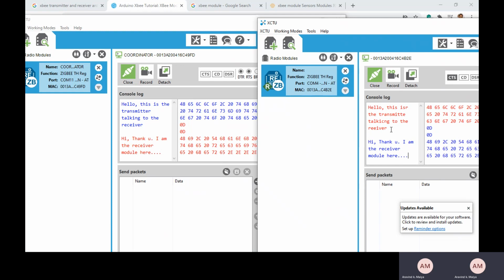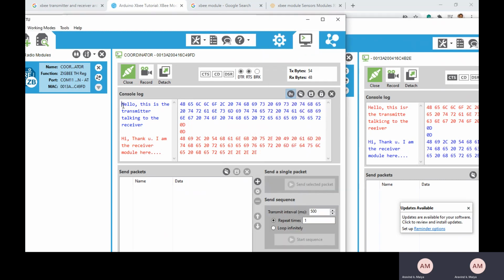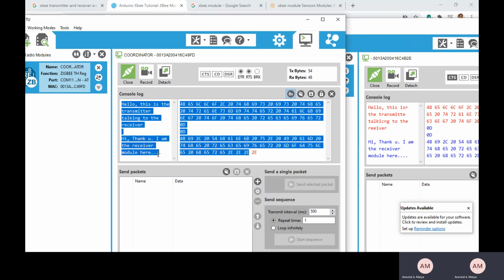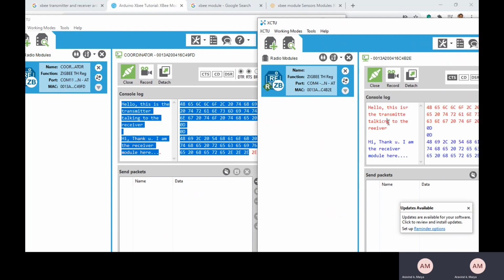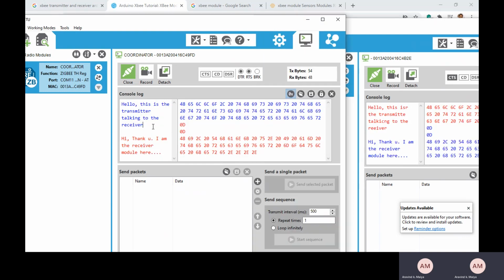You can also send the data from the receiver back to the transmitter. So we have the data which we are sending from the transmitter to the receiver and from the receiver to the transmitter.